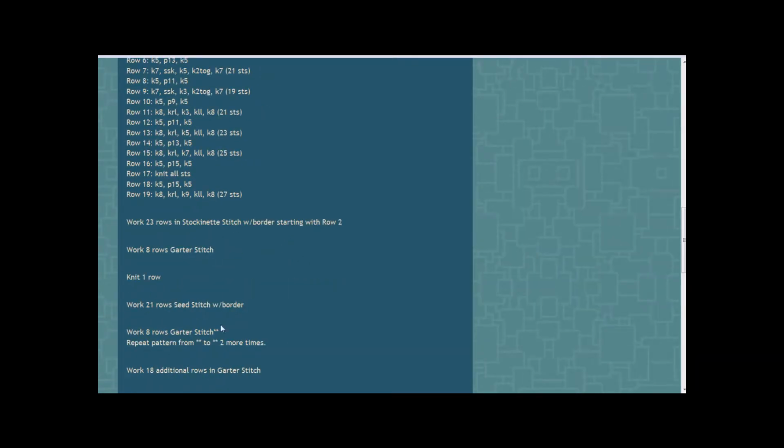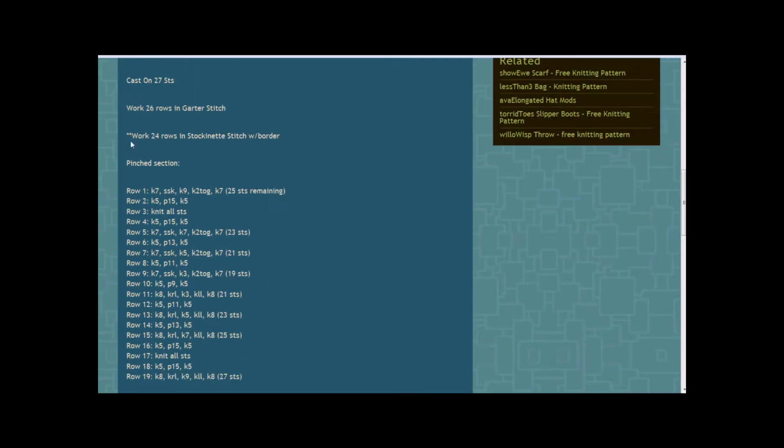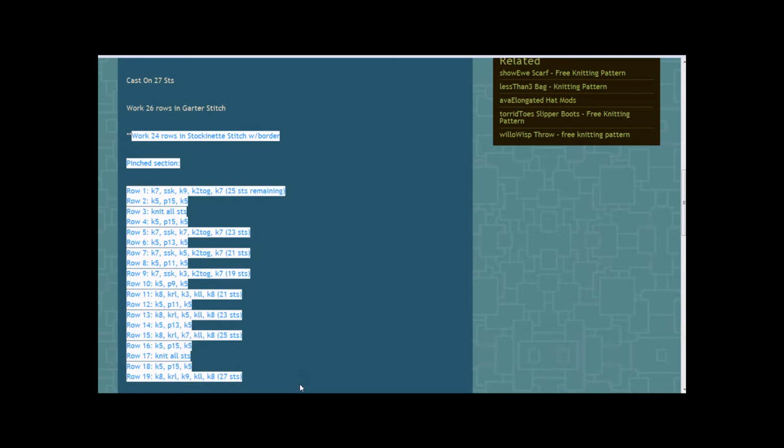So then you work some more, and then you come down. The only other section that might be a little bit tricky is right here, where I ask you to repeat the pattern from double star to double star 2 more times. So we need to scroll all the way back up, and you'll see up here that this is the first double star. So you're going to end up working all of this